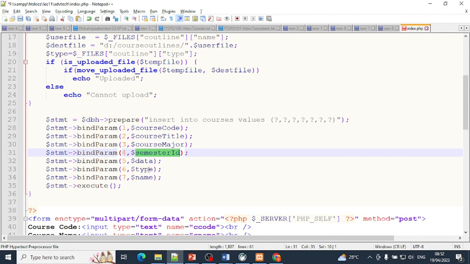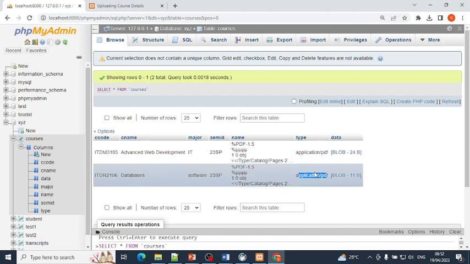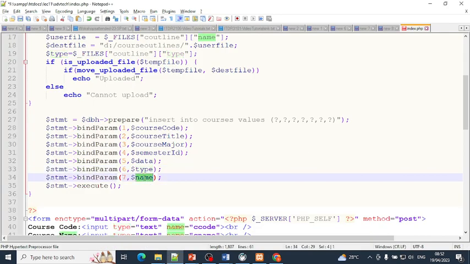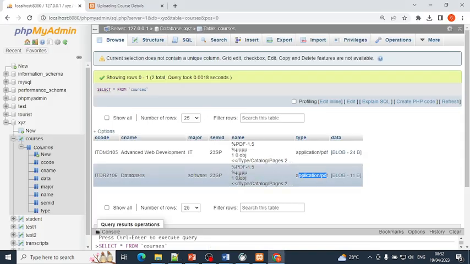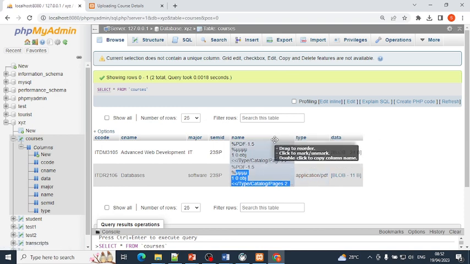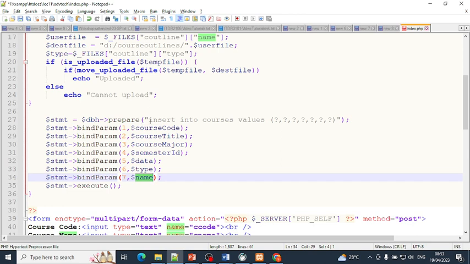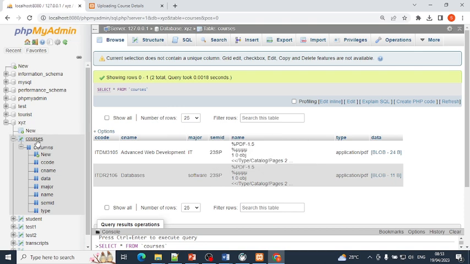Okay, then type of the file. What is the type of the file? PDF or Word file, like that. Next one, what is the file name? The file name is this one. Okay, so these are the things that you are going to send in your query. That's why I write here insert into courses. What is the courses? This is the table name, and these are the columns,